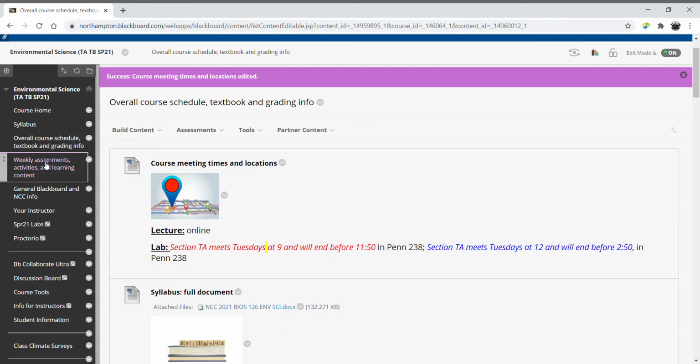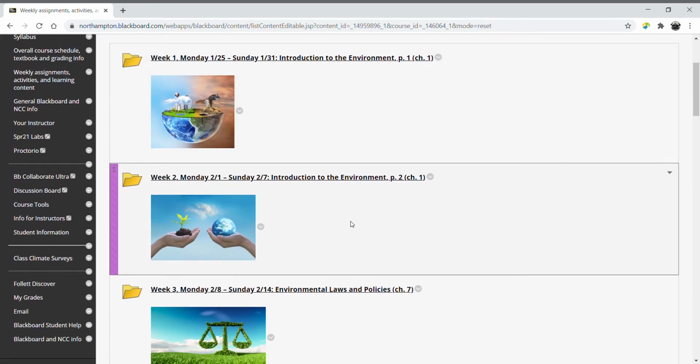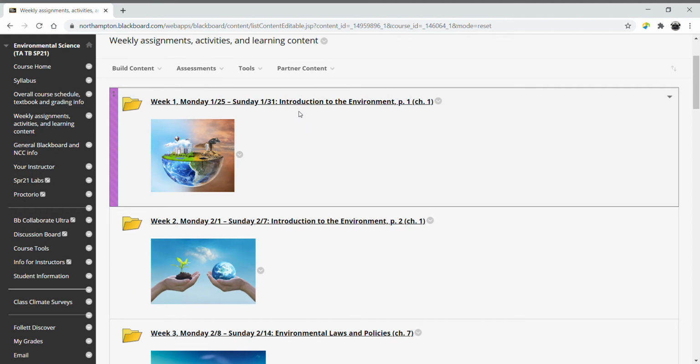Come on, let's go. A little slow today. There we go. Each week's work is arranged in these folders. Now, of course, it is week 1. The weeks run from Monday to Sunday, so all work is due that Sunday. In order to see what the activities are that you have to do for that particular week,